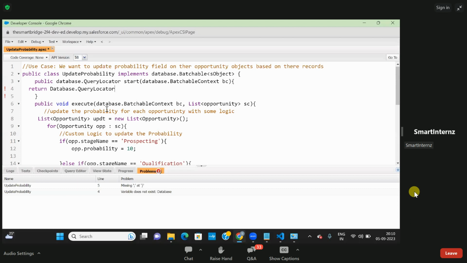Right, after giving this query locator, I'll take a bracket, and in this bracket, instead of this, if I write a query separately and directly I can take that variable in this, that will also work. If it is not working, then we'll do another way. So select